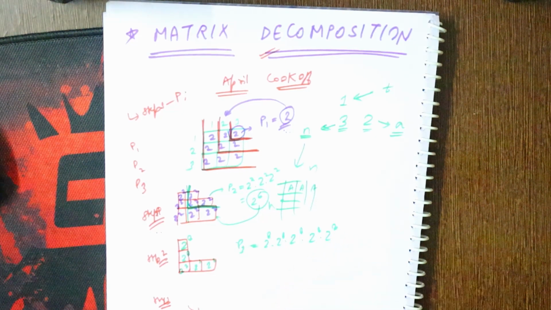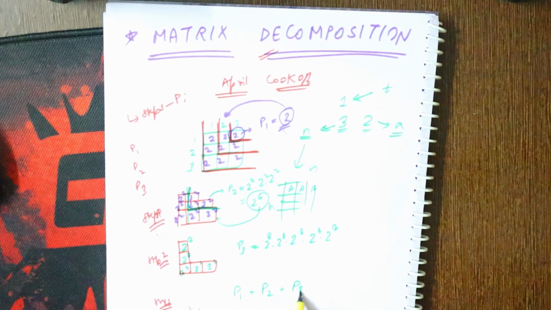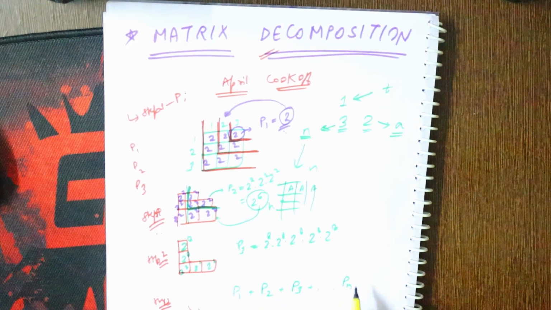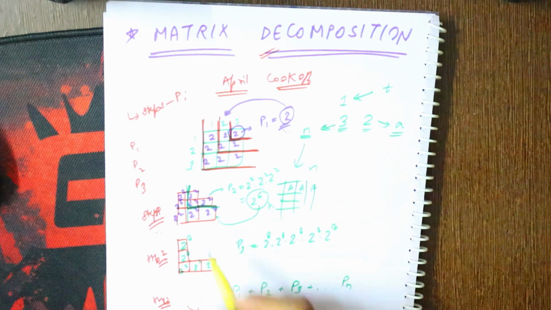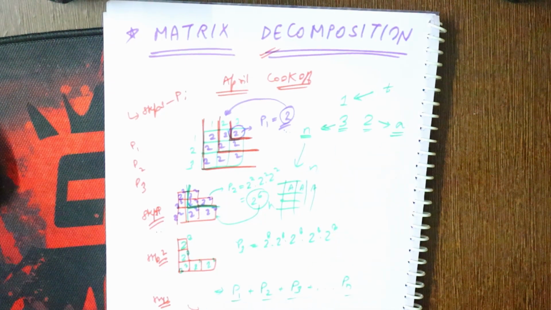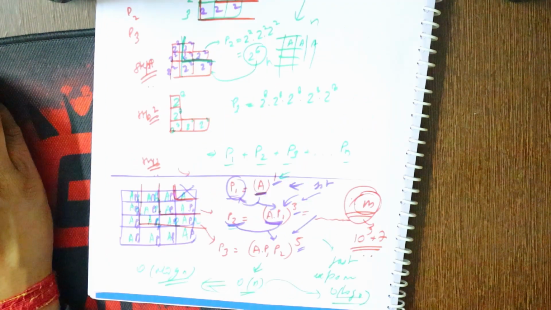So what the final result will be is that we have to print P1 plus P2 plus P3 up to Pn for any n, because in this case we have only 3, so we have this and this, but for n we will have to print up to Pn. So I guess that you have understood the problem statement. Now I will take one case, and for that I will show you my approach. For example, if we had n equal to 4, then the matrix would have looked like this.